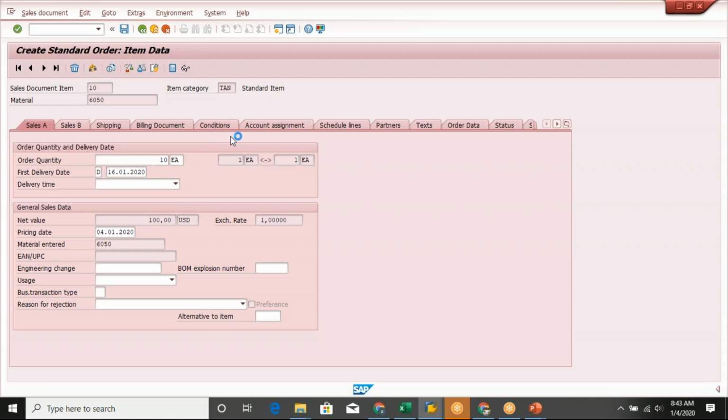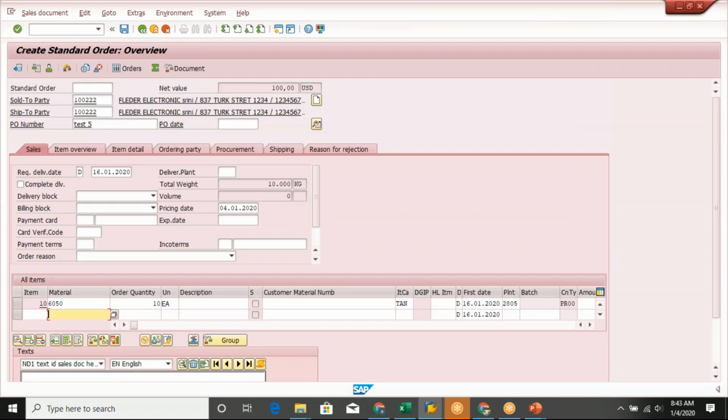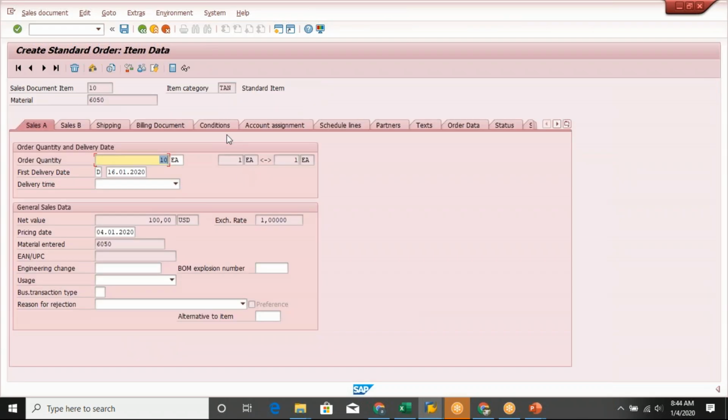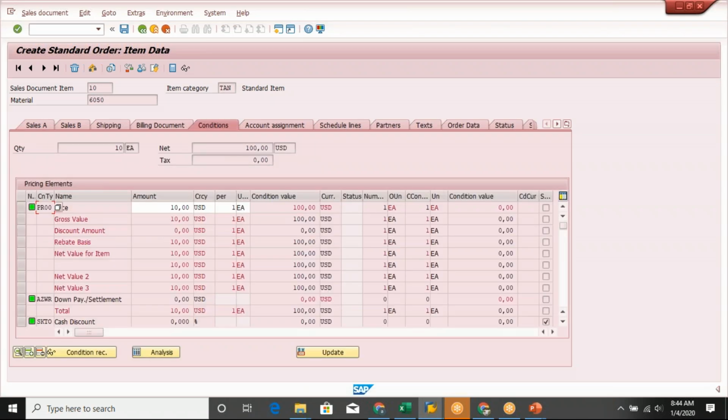If I want to see the price of the product in the sales order, what I need to do is select this line, double click on it, and go to the conditions. If I go to conditions, you can see the condition price